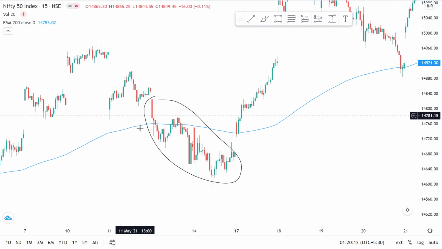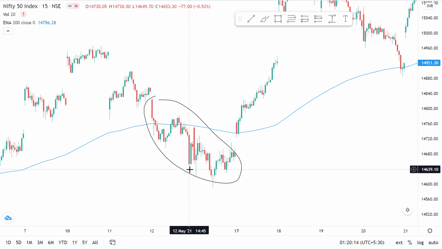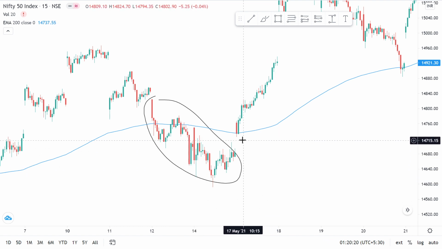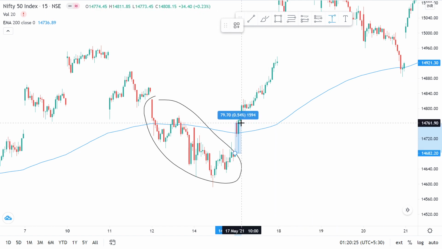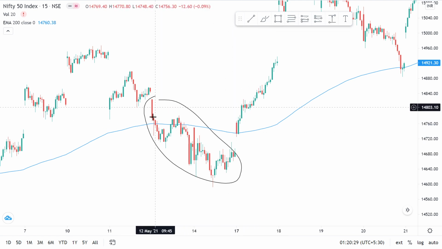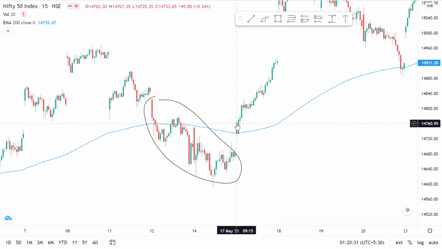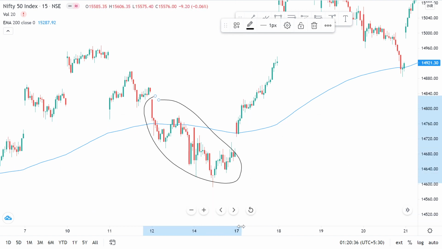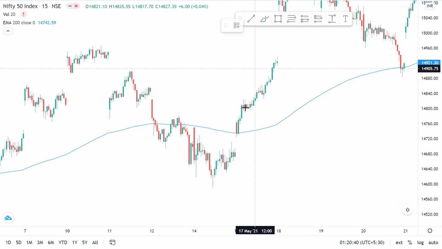You can see the big size of these red candles, which signifies obviously a huge number of short positions in the market. So what has happened here? Markets opened up with a gap up of almost how much? 0.5% or more, right? So the first candle, so all these short positions, when they saw this first candle, what do they expect? That okay, market is going to come down further, maybe with the hopes. But then what has happened? Market showed quick recovery with green candle, green candle, green candle.